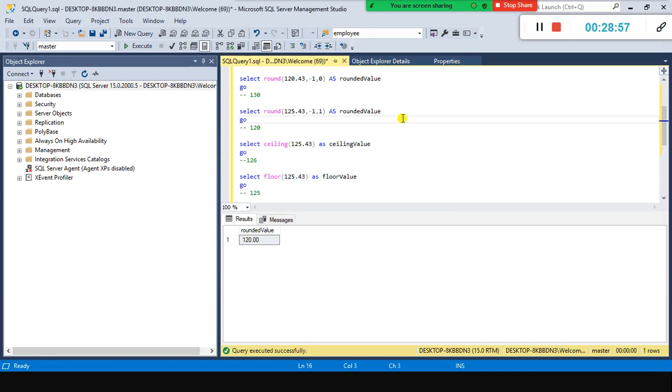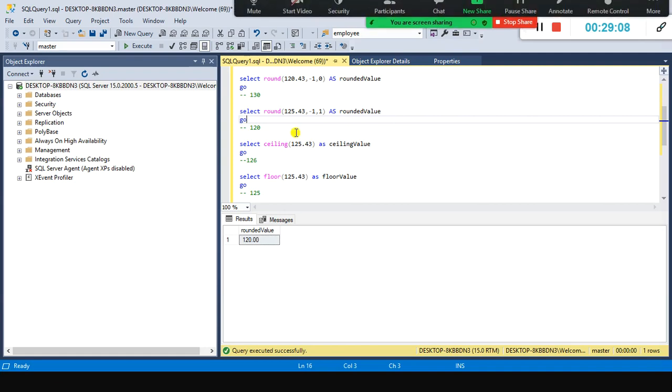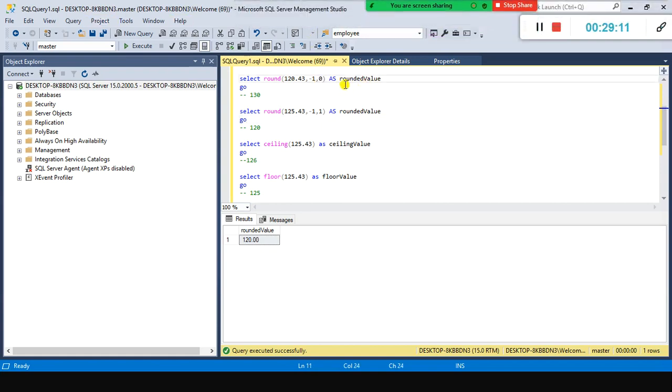What's happening is, on the first one there, you put -1. If you have a number like 120.43, then you are rounding to -1. From the decimal point, the 4 is position 1, the 3 is position 2, and as you go to the right the numbers increase.